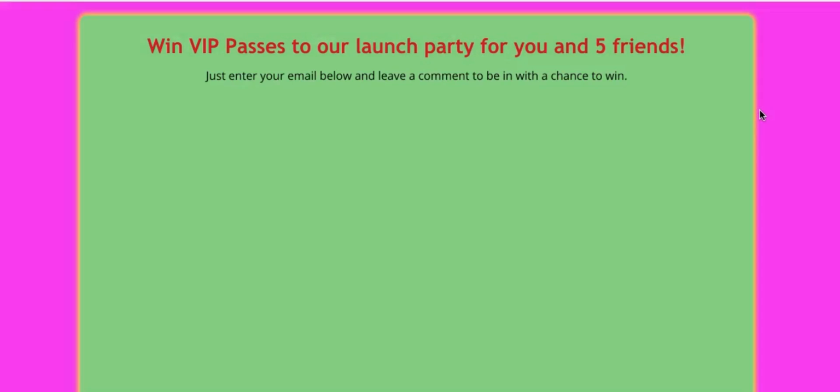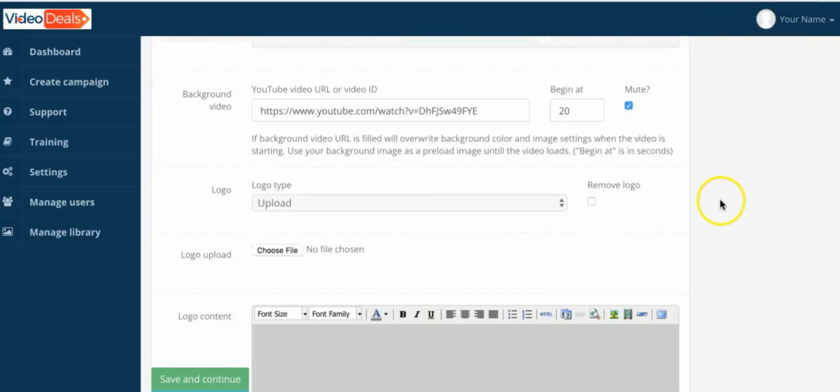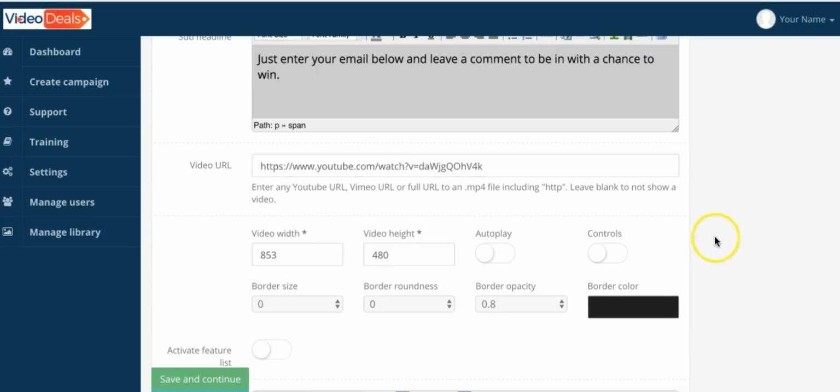Give this just a minute to reload. And you see there how I've now got that on the outside. So you can create basically whatever you want to create here. You've got your headline area. You can put a sub-headline with this, but this is what I really want you to see, because this is